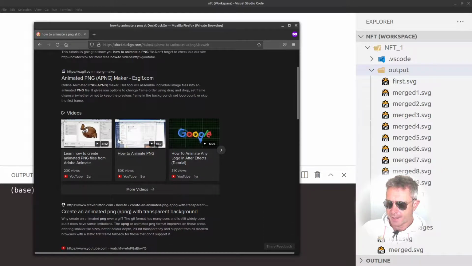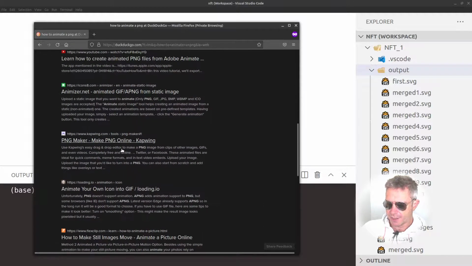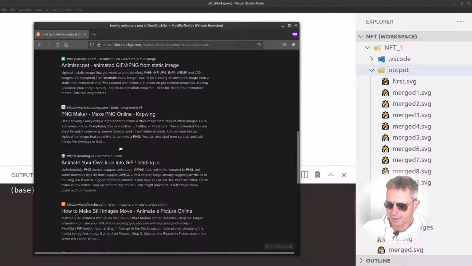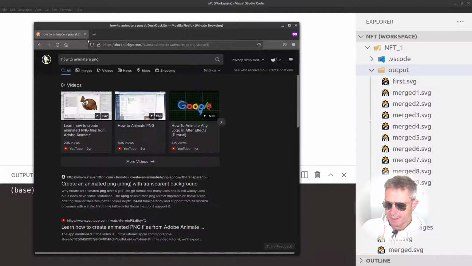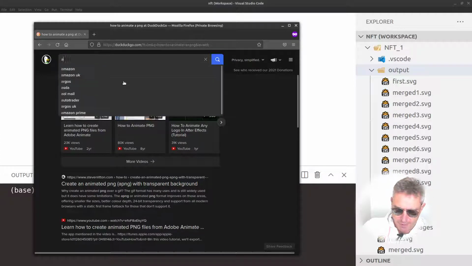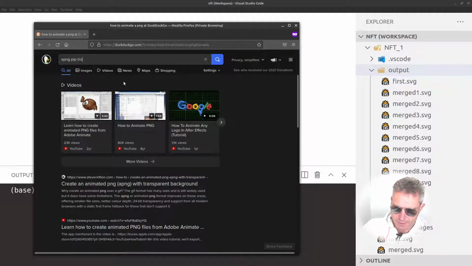and there's actually a Python package which allows you to do that, which is, believe it or not, if you look on the internet, there's loads of sites that actually charge to convert between PNG and SVG. Anyway, back to how to animate a PNG. I believe it was apng pip install,